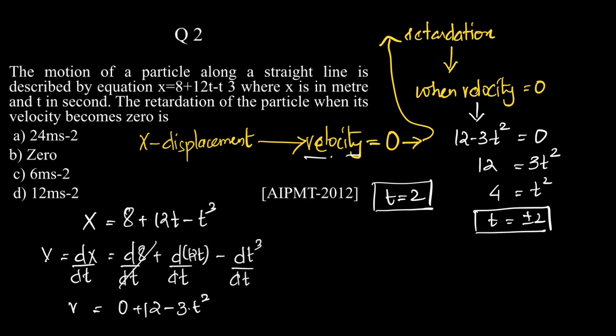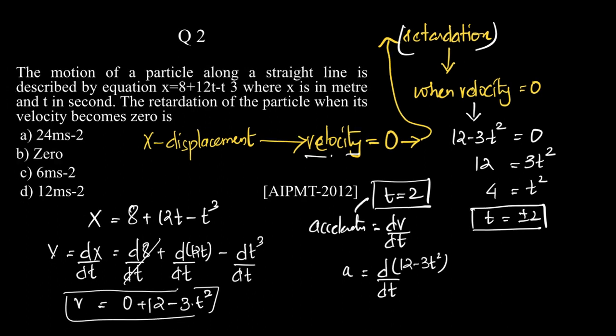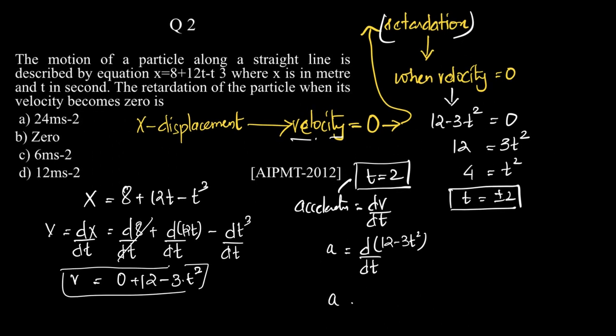The question is to find out the corresponding retardation. So when t is equal to 2, what is acceleration? We don't know. But what is acceleration otherwise equal to? d by dt of v. Now what is v? V is equal to 12 minus 3t square. So acceleration A will be equal to d by dt of v, v is 12 minus 3t square. Therefore acceleration will be equal to